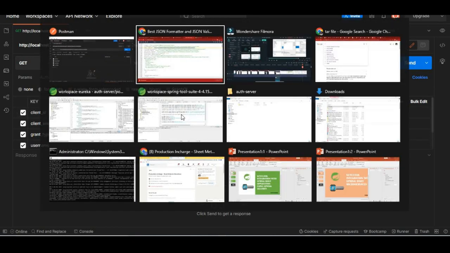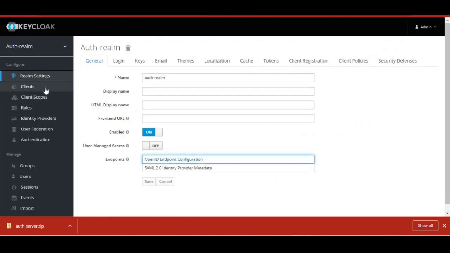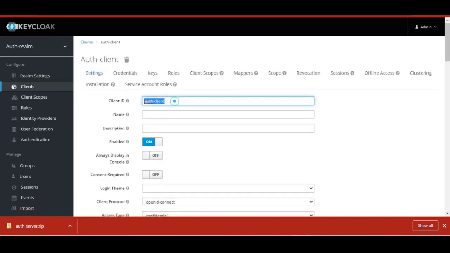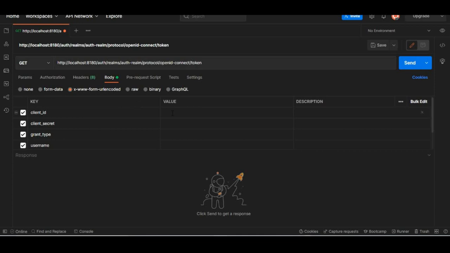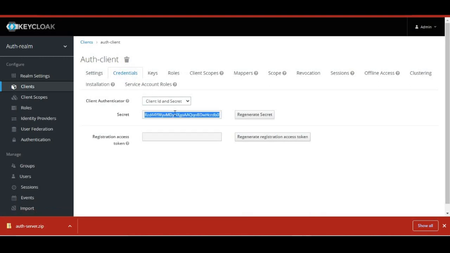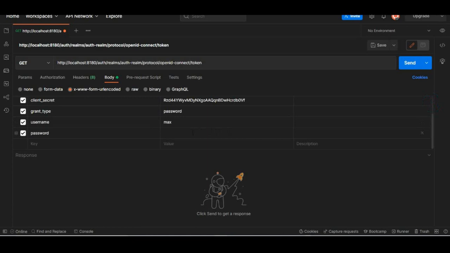Client ID, the one that we created. We created auth client. So this is our client ID. Client secret, again from the credentials tab, the auto-generated client secret. Grant type, we're going to use password. Let me give the username as Max, password also as Max. Change the request method as post